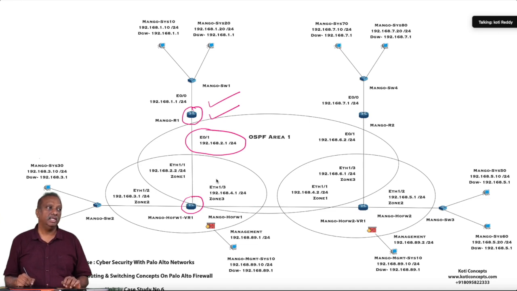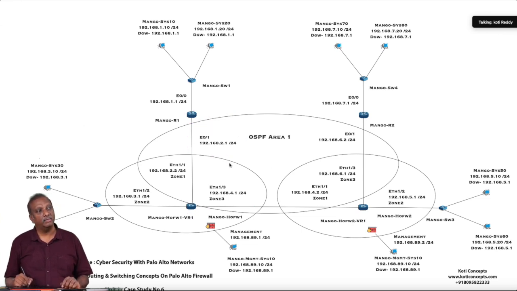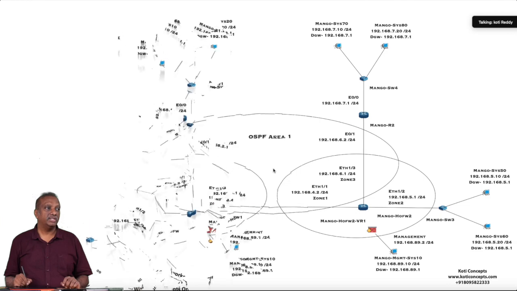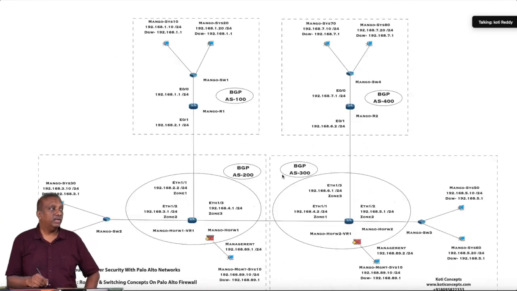Like that, we try to see the commands on the Palo Alto firewall to verify the OSPF adjacencies, neighbors, database, and all the concepts, right? It's a good case study on how to configure OSPF on the routers. Then we thought we'll have one more case study on how to configure the BGP routing protocol on the Palo Alto